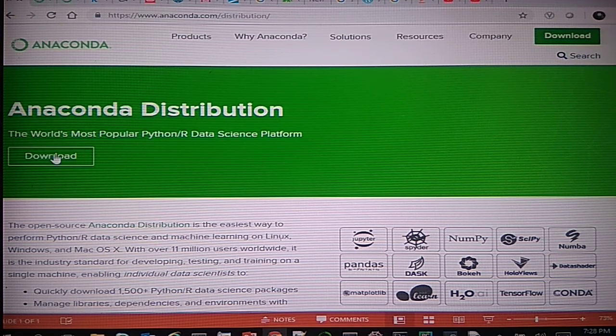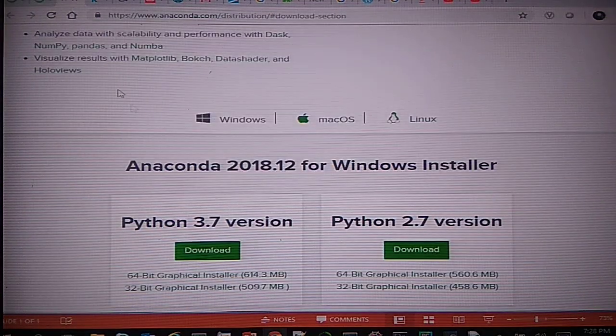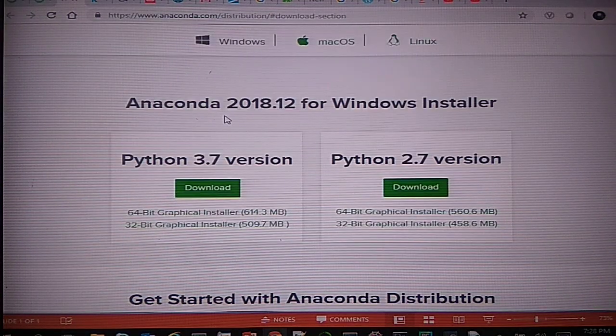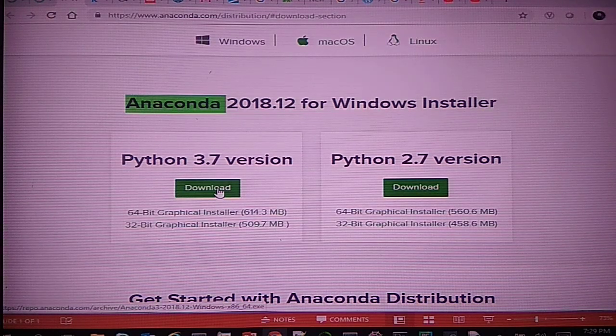Once you click on download, you will be taken to another link where it will ask you whether you want to install Anaconda for Windows, Mac OS or Linux, and accordingly, along with Anaconda, which Python version you want to install. So once you click on download, Anaconda will be set up on your machine. The biggest benefit of using Anaconda is that along with Python, it gives us a lot of packages and other additional utilities like Jupyter Notebook that are prerequisites to work in any Python project in today's world.